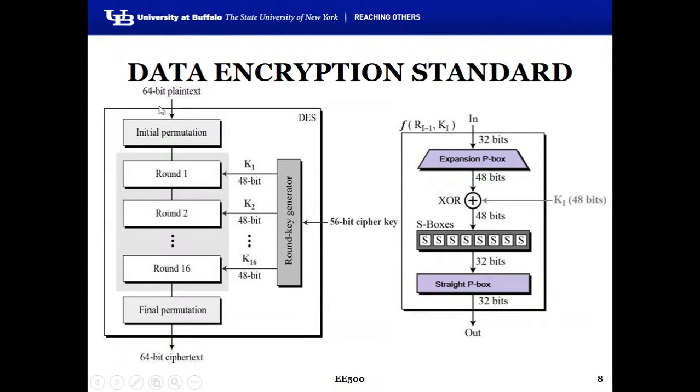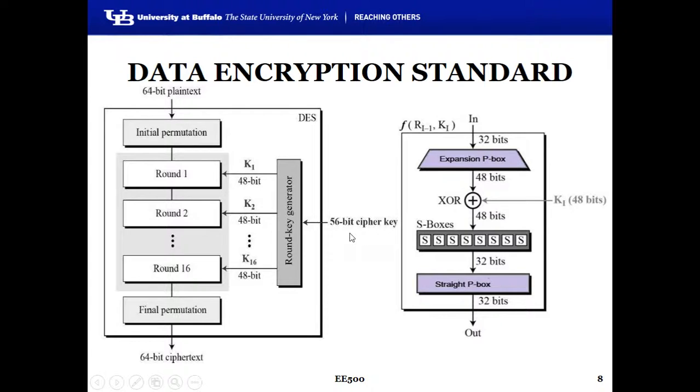Now, initially, an initial permutation takes place, which is nothing but rearranging of the bit order, so that it's the first stage of ensuring encryption. And then it undergoes 16 rounds, or basically 16 blocks. This is a 16-block encryption using a key which is generated by a round key generator, which is nothing but